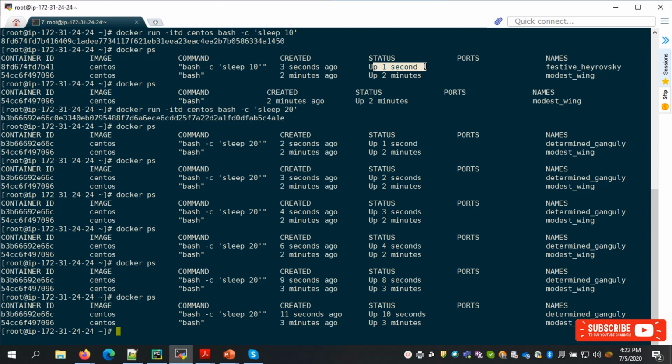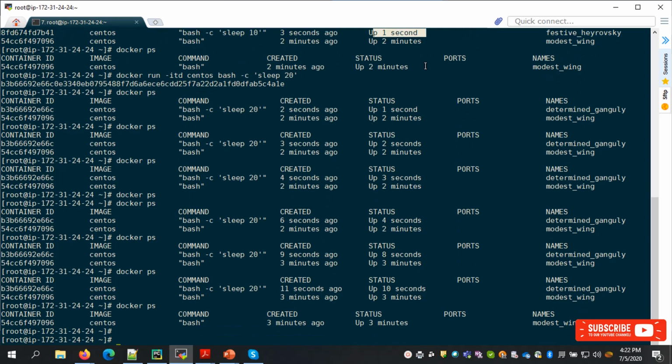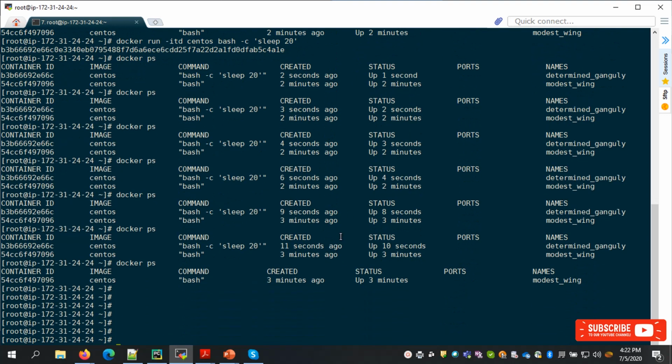That's it. So if you see here, now the container is terminated. In order to keep the container running, we want something to be running inside the container. That's the Docker default behavior.